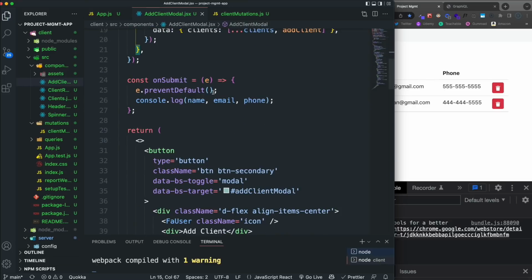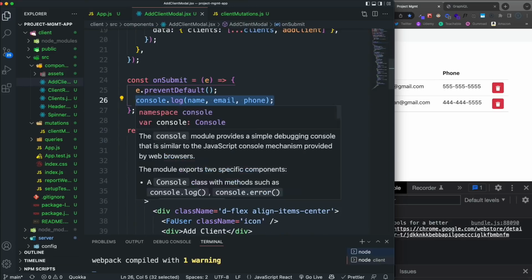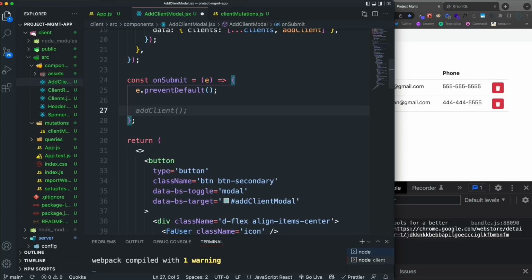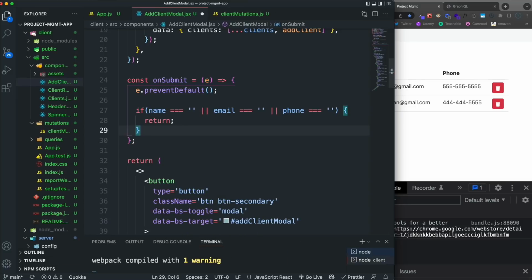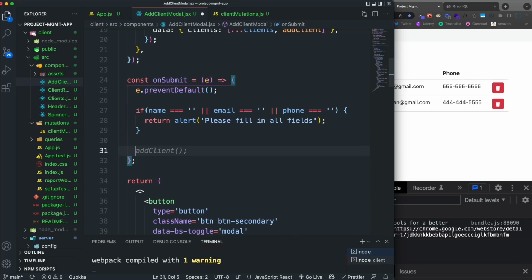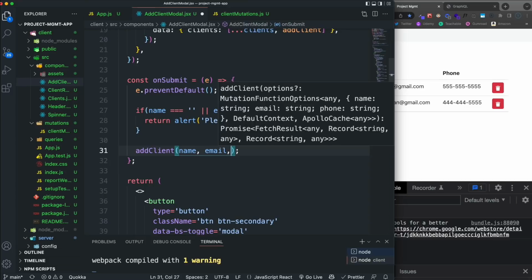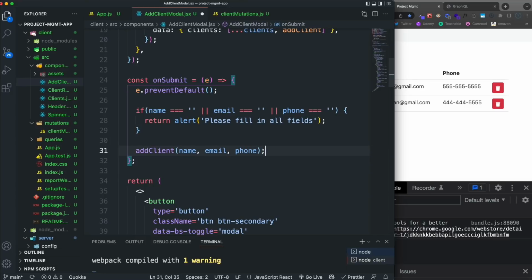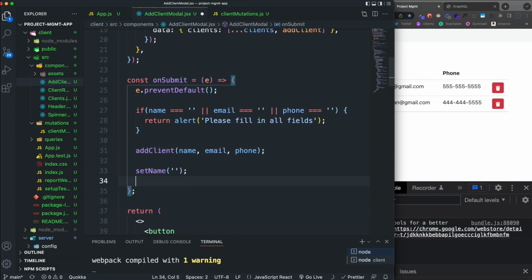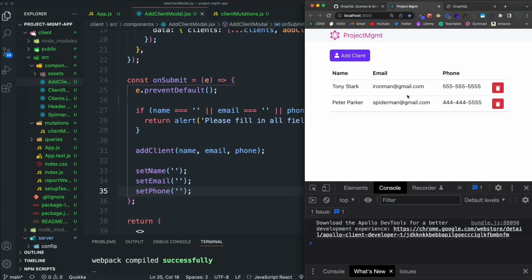So now we just want to go into our on submit and we can get rid of the console log. And I just want to do just a little bit of validation first. So we'll just make sure that there's a name, email, and phone. If they're missing something, we'll just return an alert and say, please fill in all fields. Okay, and then we'll call add client. We'll pass in name, email, phone from our state, from the form. And then we want to just clear those up, clear the form,